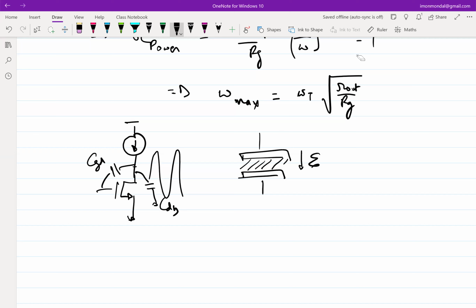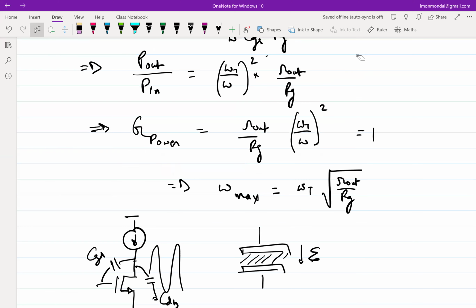If I go back to the square model, if you want larger power, you have to use thicker oxide devices, which means omega T is going to reduce. What can you say about the omega max? It is going to reduce, right? So as it turns out, there is a